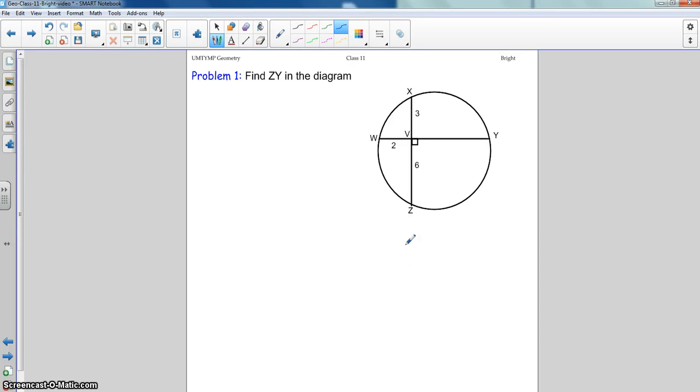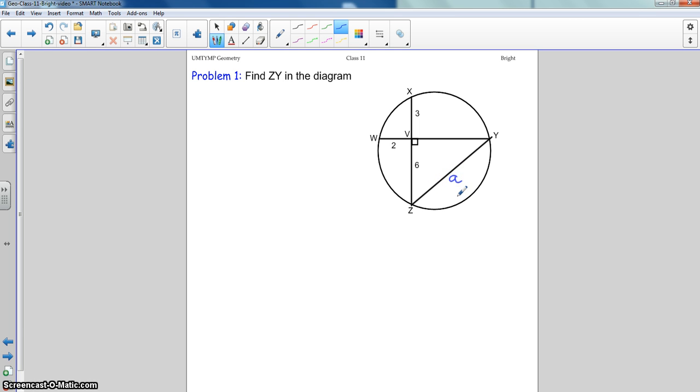Okay, and now in this video we're going to be working with the power of a point theorem. Problem one just says find ZY in the diagram. So I'm looking at this and ZY isn't labeled, so I'm going to create the line segment, extended a little past. But now my first question is, if I'm being asked to find this distance, I'm going to call it